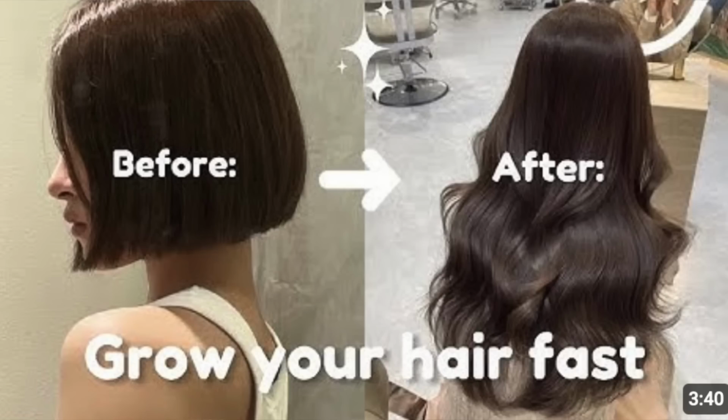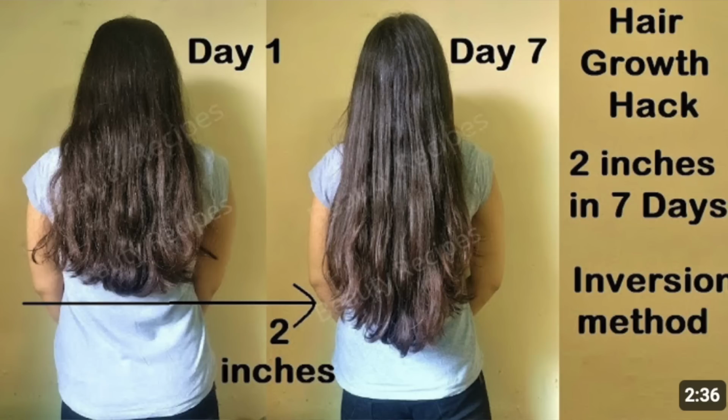Alright, so the first thing I want to talk about is hair growth. So there's been this myth for ages on YouTube to speed up your hair growth, make your hair grow faster magically. And I just want to tell you that that is BS. You can't actually speed up your hair growth, but you can maintain your hair growth for the rate that it's supposed to grow at. Everyone's hair is going to grow very differently based on genetics, and there's not much you